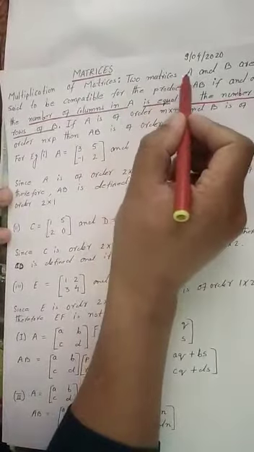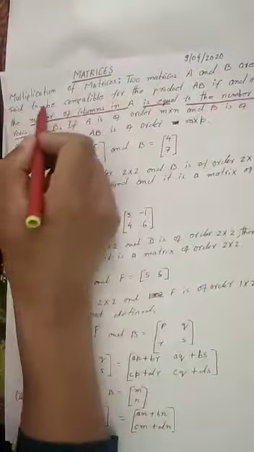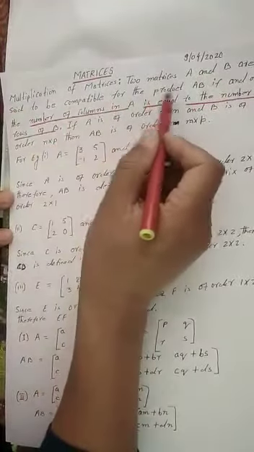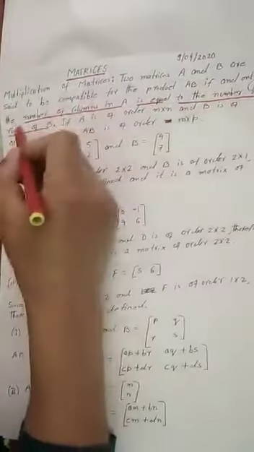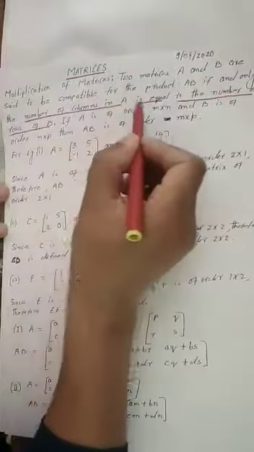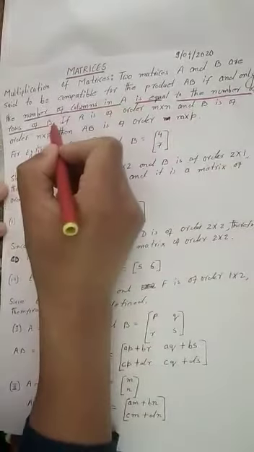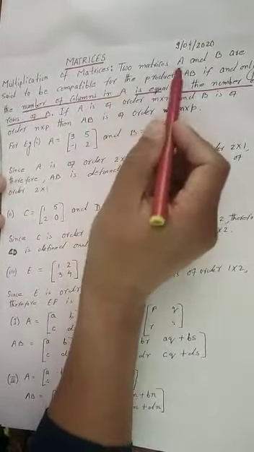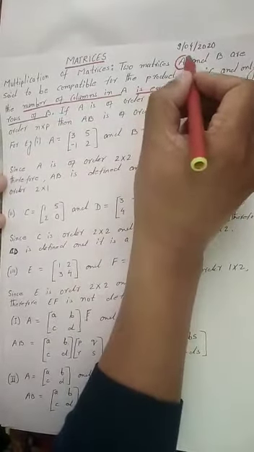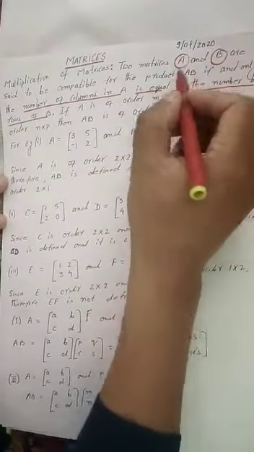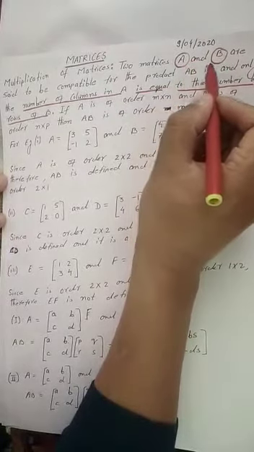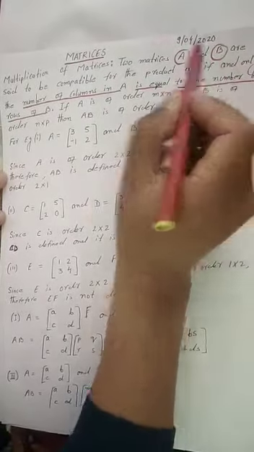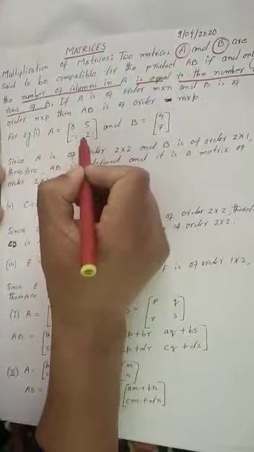Two matrices A and B are said to be compatible for the product AB if and only if the number of columns in A is equal to the number of rows in B. Meaning, you can multiply two matrices A and B if the number of columns in A is equal to the number of rows in B. So if you want to check whether you can multiply two matrices or not, what you have to do is,